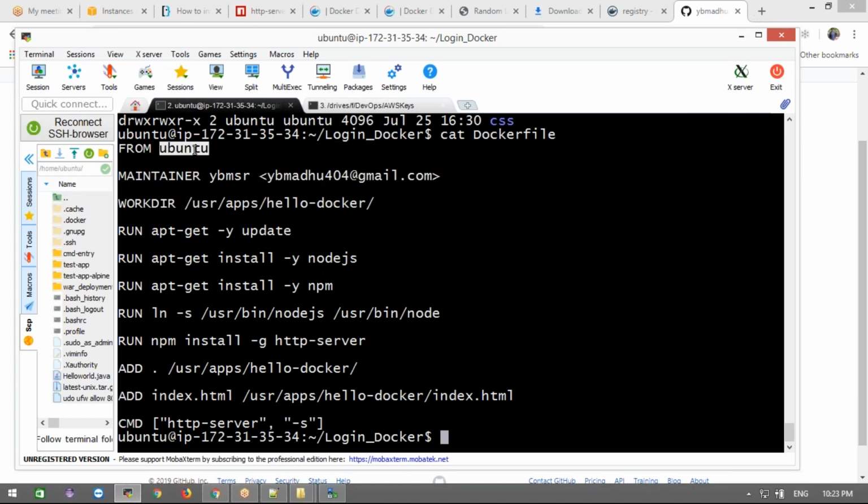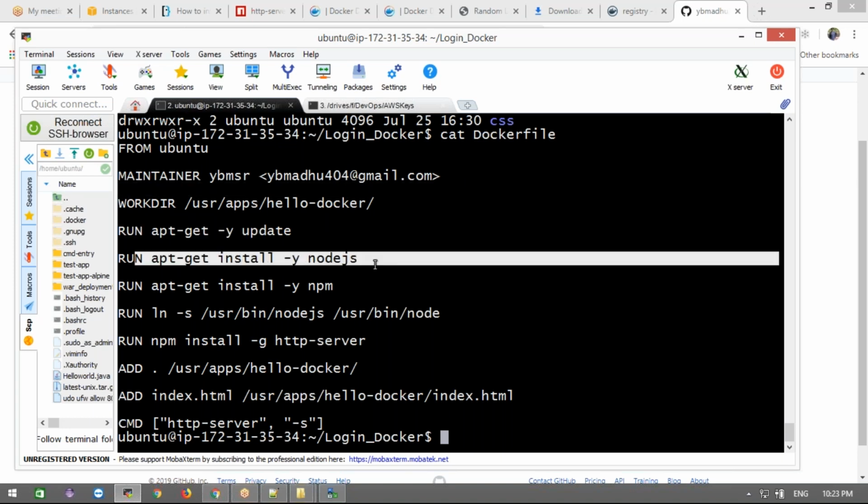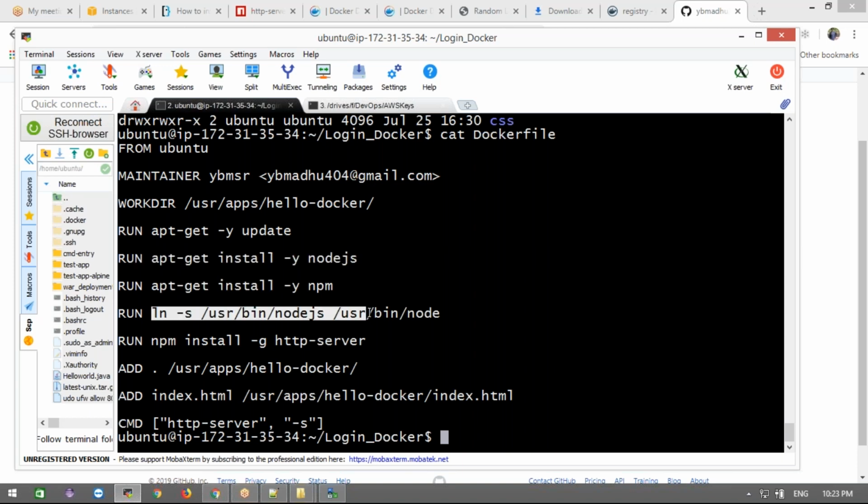I will take Ubuntu as the base image instead of Alpine Linux. Here is the maintainer and working directory, and apt-get update, and then next install Node.js and npm. If you want, we can use this link, or else we can comment it out here. It is not required, it is not working actually.